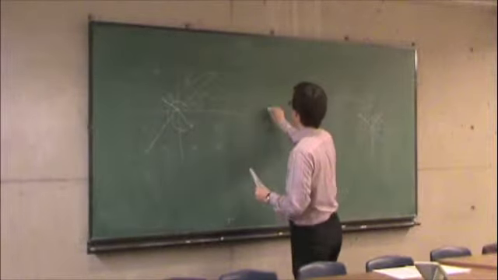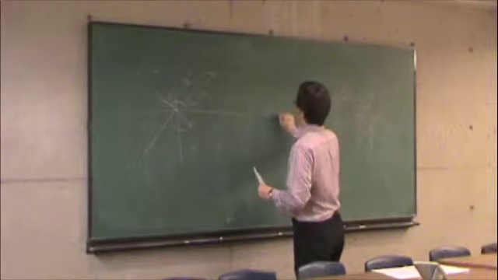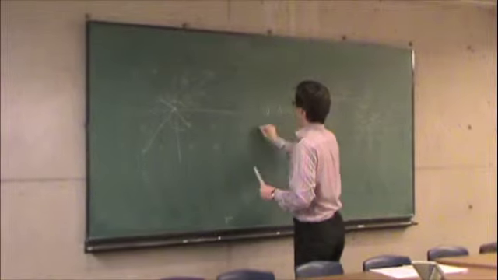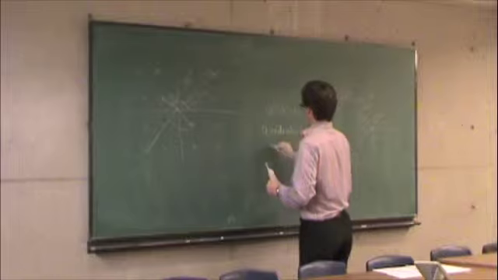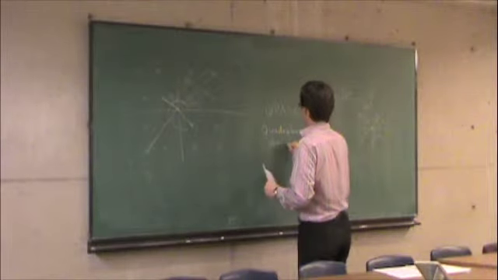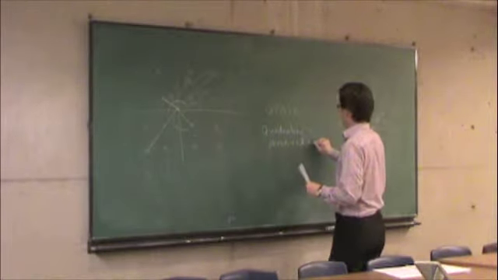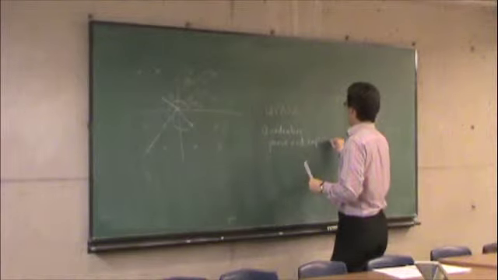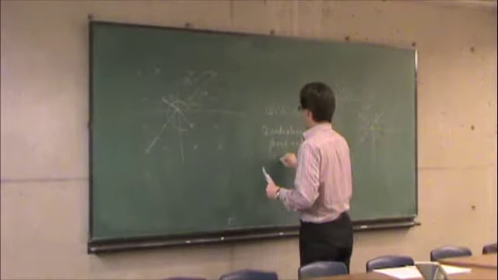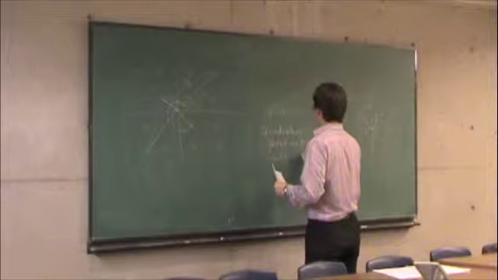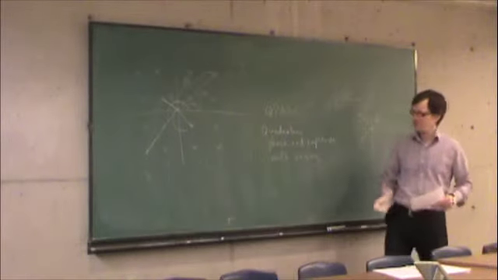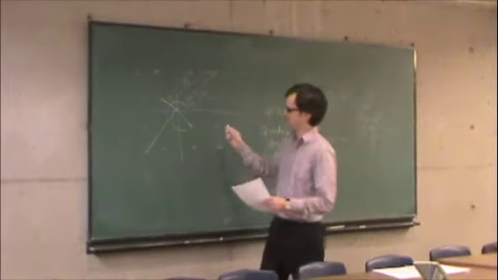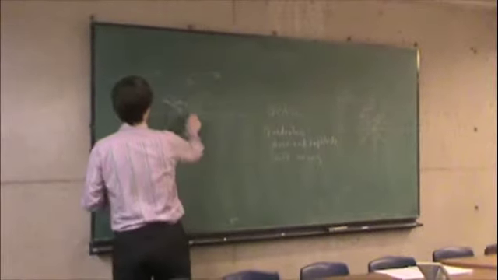One is quadrature phase and amplitude shift keying. And the phase and amplitude has to do with the fact that each of these points can be expressed with